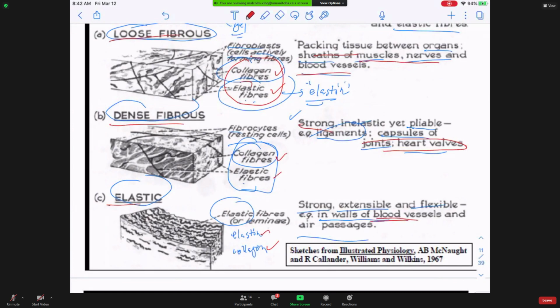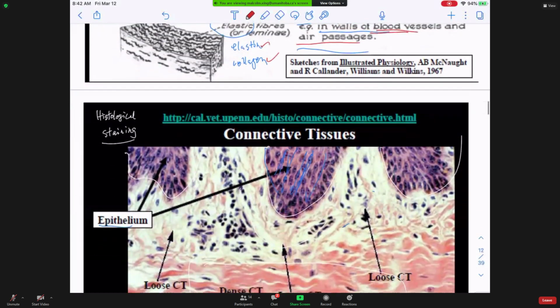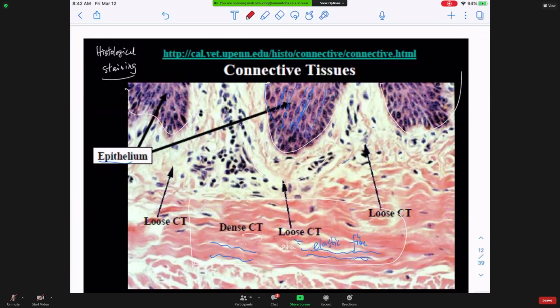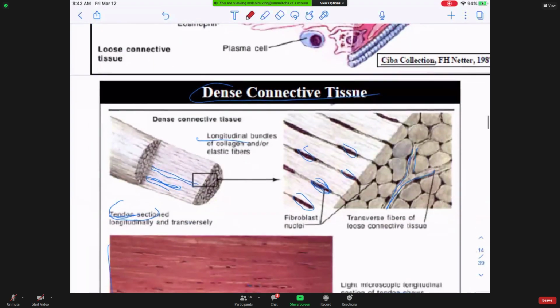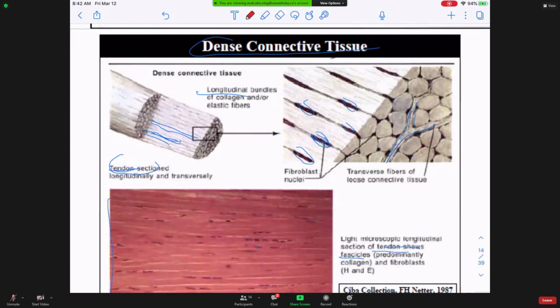and the elastic tissue in the blood vessel, the blood vessel, the air passage, the airway, and you will see that's a typical histological staining. You take a look, we have very dense, and this one is elastin fiber, loose, so loose connective tissue and the dense connective tissue. So you can obviously take a look at what the tissue looks like using histological staining methodology, and generally dense connective tissue, like a tendon,